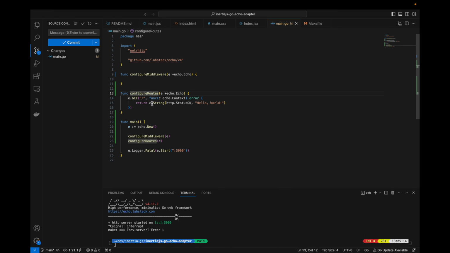In the configure roots, I've just moved the root for the index page of the server into configure roots, and this is just so we can have some separation and keep our main function clean. The plan is that this configure middleware function will be used to set up our middleware. The way we're going to add our inertia adapter is for it to hook into the Echo system by